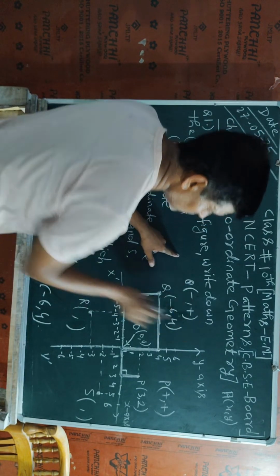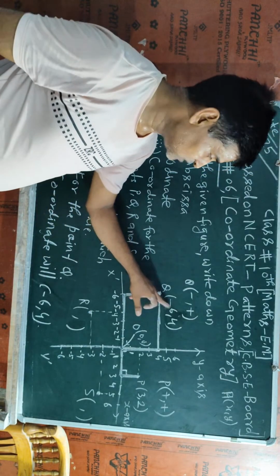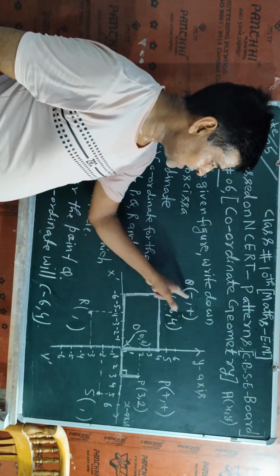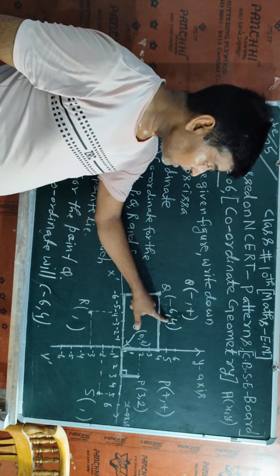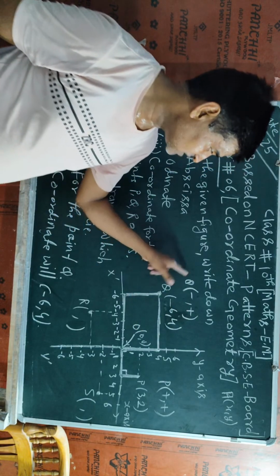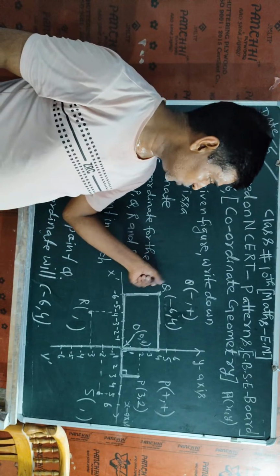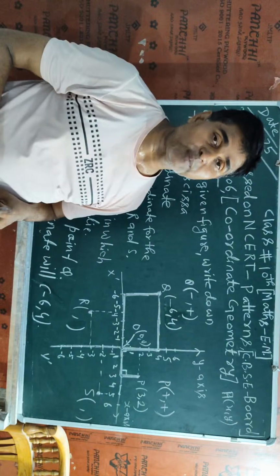If it is negative, there will be a negative sign. So this 6 has a negative sign and this 4 has a positive sign. So the sign convention of point Q is minus, plus, and this is